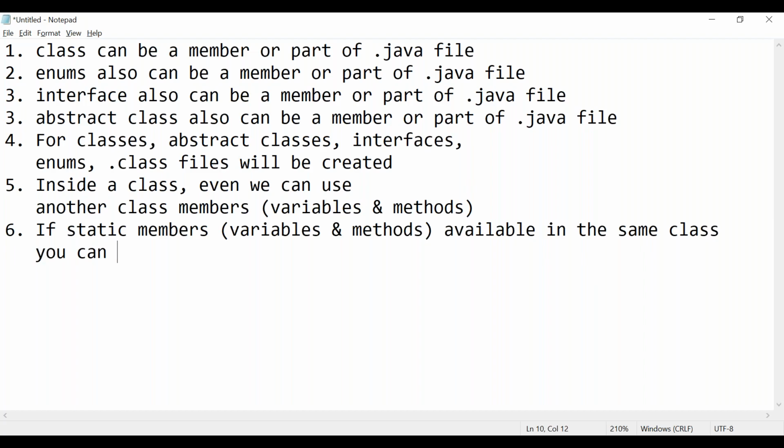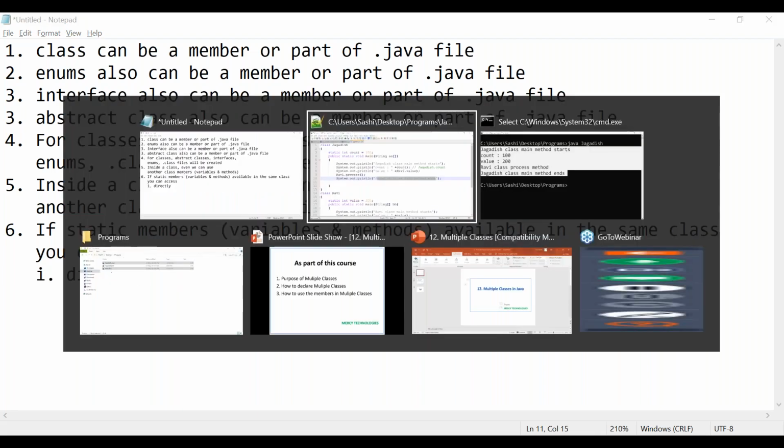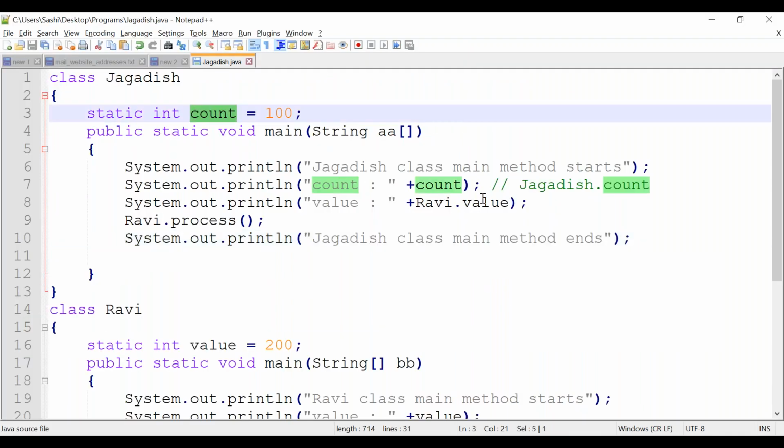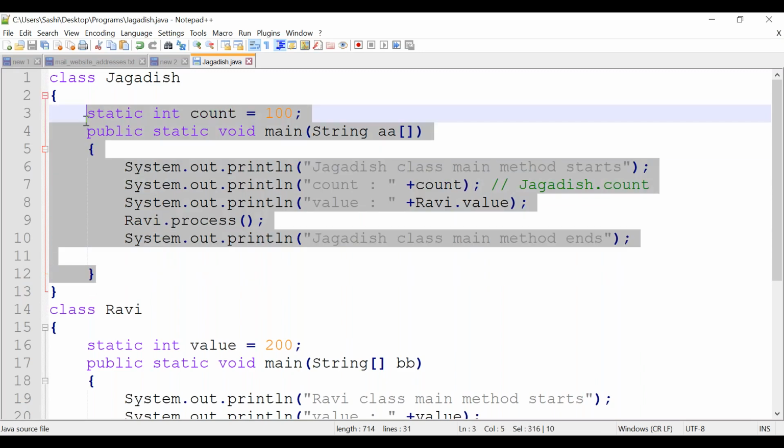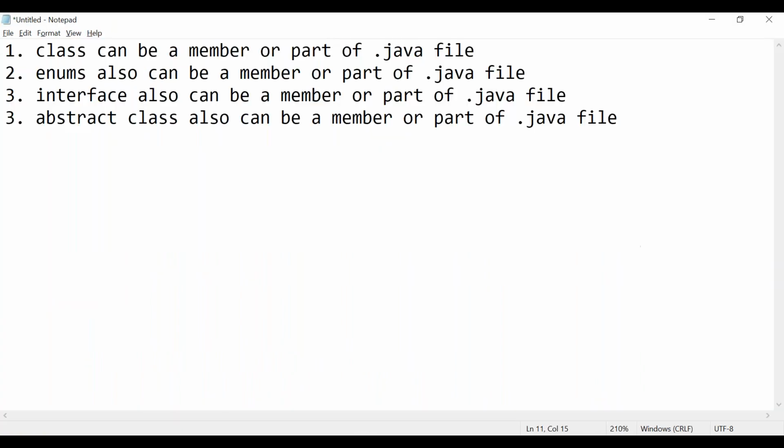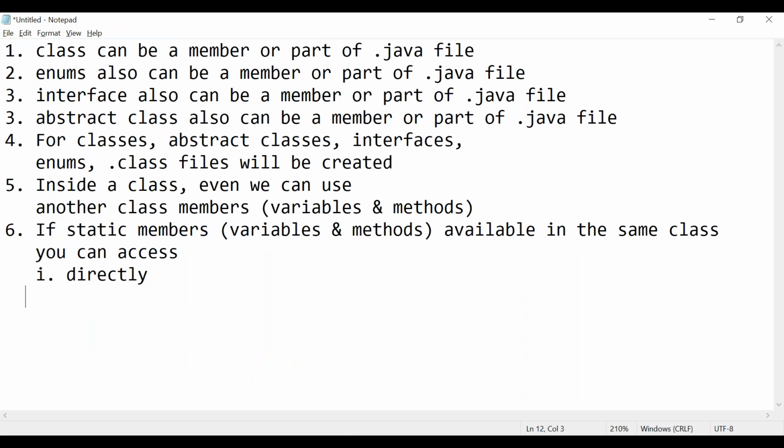You can access them, and how? It's simple, directly. The first point is that you can access directly. Here we have declared the count variable, and you can access it directly. Or consider you have one more method inside the Jagdish class. Again you can call it directly. This is the first option.